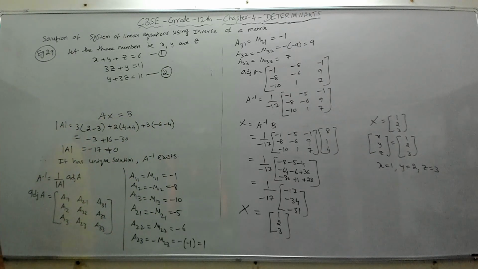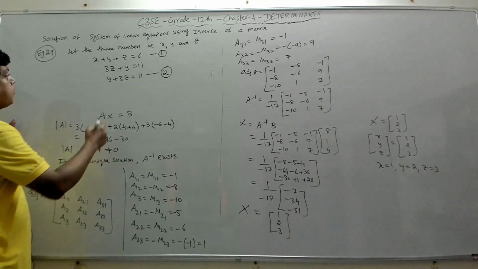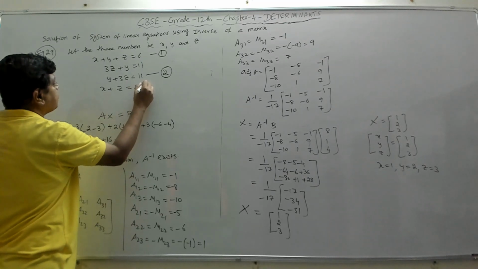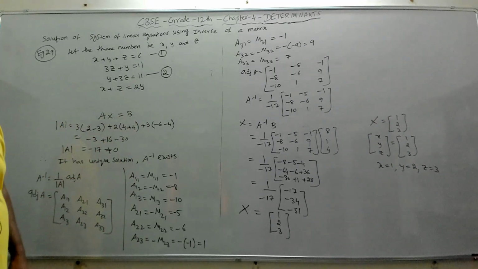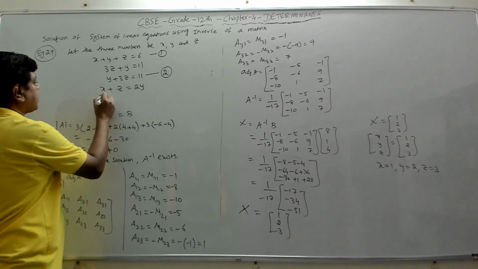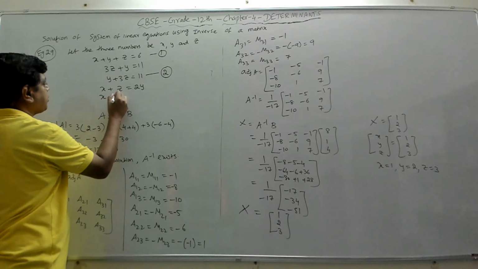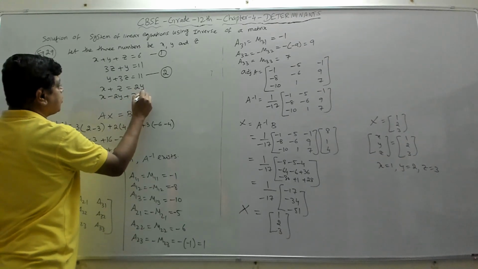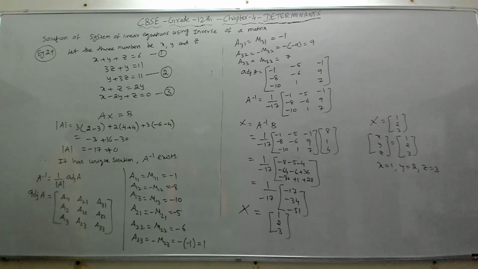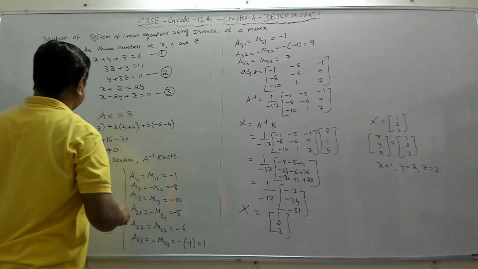The third equation: by adding the first and the third number, which means x plus z, we get double of the second number. So I can write this as x, this 2y will come to this side and become minus 2y, plus z equal to 0. This is your third equation. So we have to solve these three equations and find the values of x, y and z.